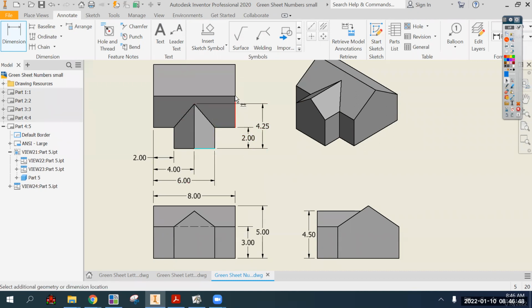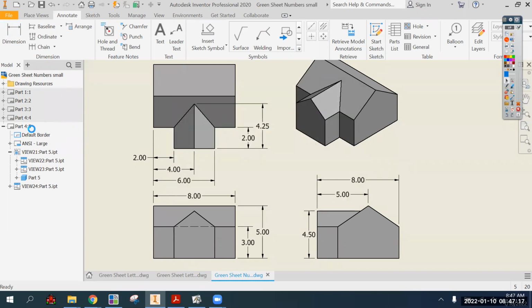Next thing that happens is distance to this edge right here, but on the top view, this sort of roof peak thing is not a contour, but it is over here on the right side view. So that's a better place to put that depth. And the only other depth is total depth, which can go anywhere. Let's go like that. There you go, part 5,